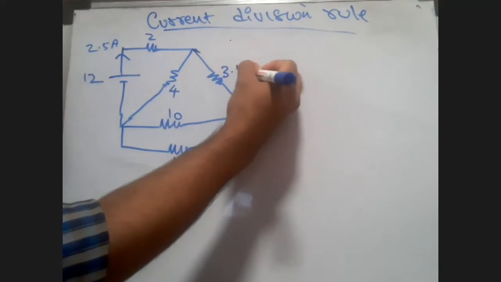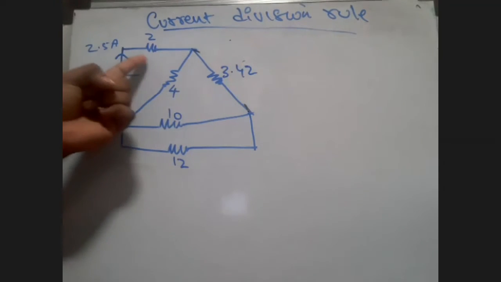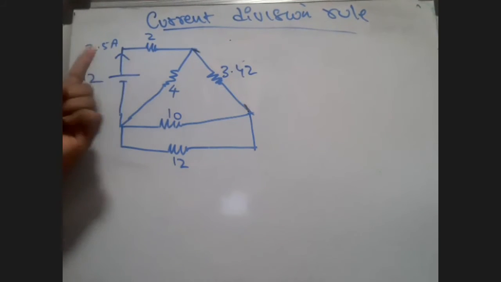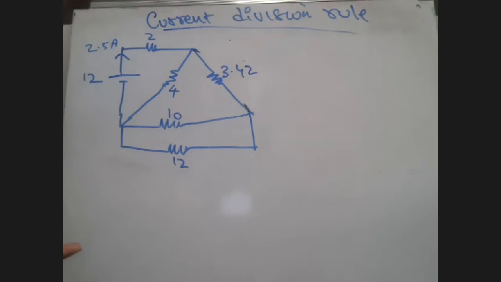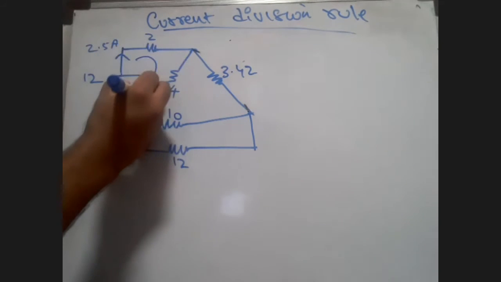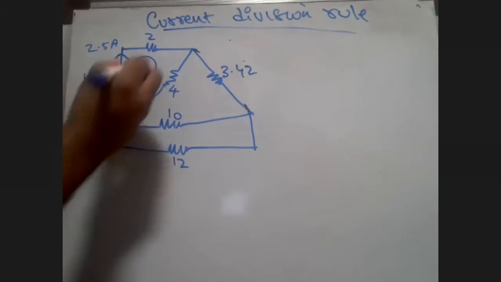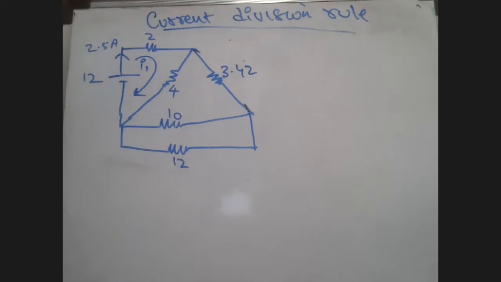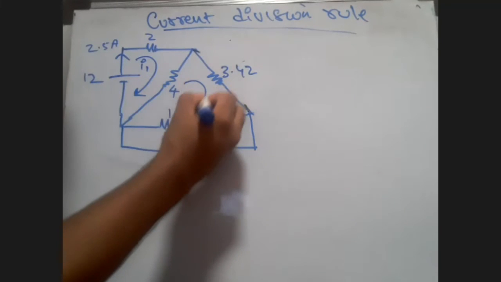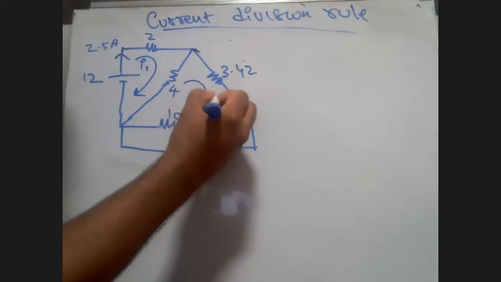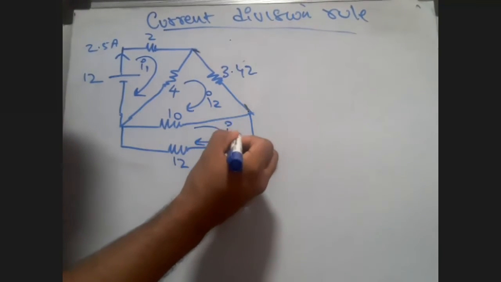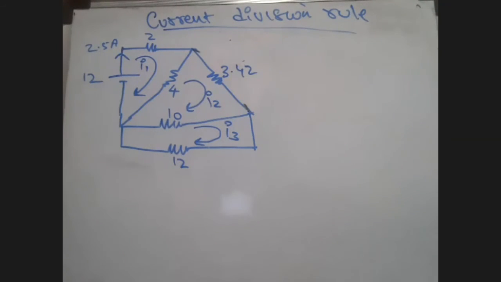Now look here. You can see in this circuit that there are 3 loops, 1, 2 and 3. In the first loop, the total current is being supplied. So I will say that is I1, and let's assign a direction to it, clockwise. Let's also assign another loop here, that is I2, and another one here, that is I3. Till here everyone understood? Any problem so far? I just assigned 3 different current directions.